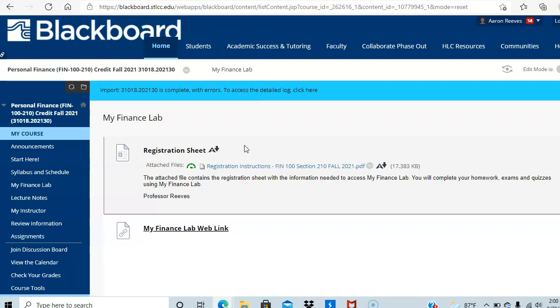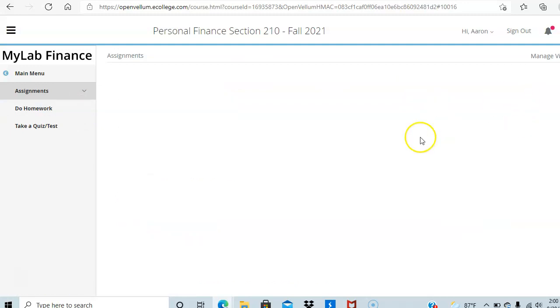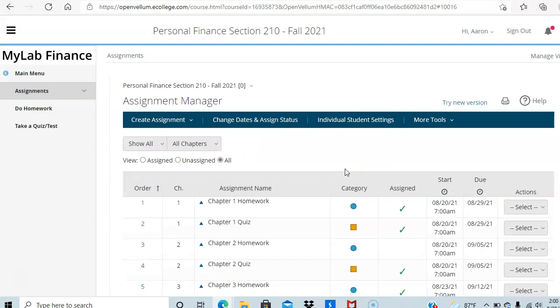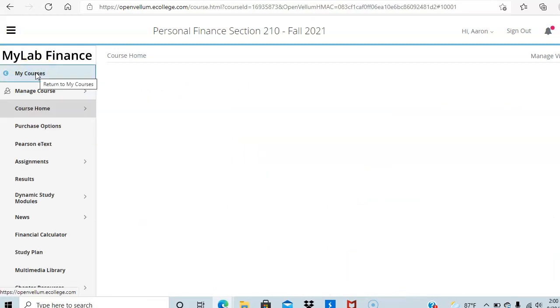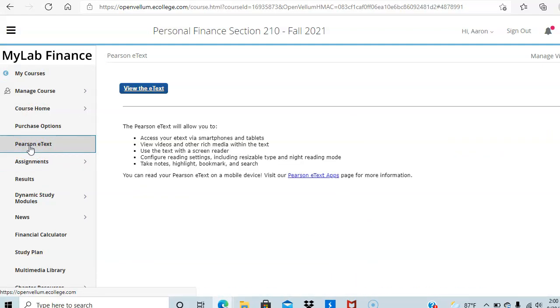There's some good news. So for those who may be waiting for financial assistance to come in with My Finance Lab, they give you a 14-day grace period in order to use the software free of charge. I also failed to mention that on My Finance Lab, you have the option of purchasing a hard copy of the textbook, or once you register for My Finance Lab, it does come with an ebook.